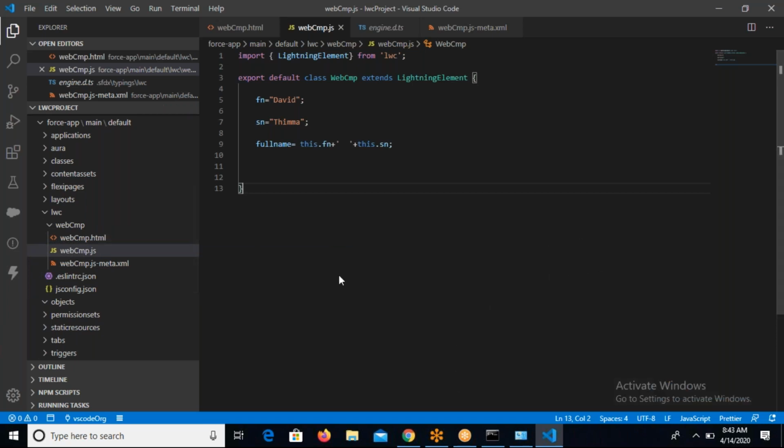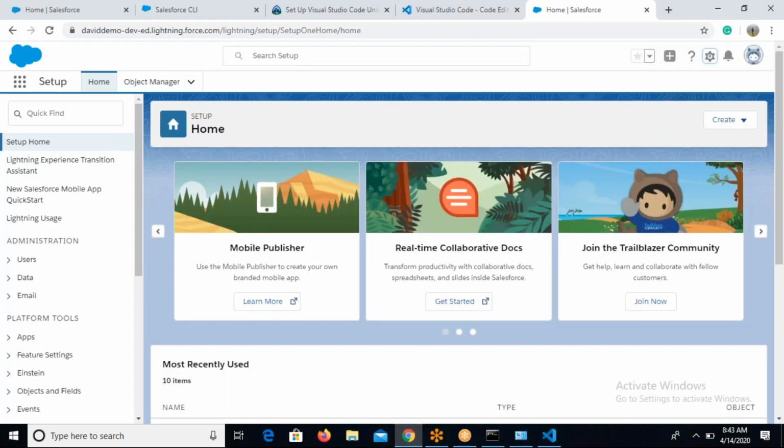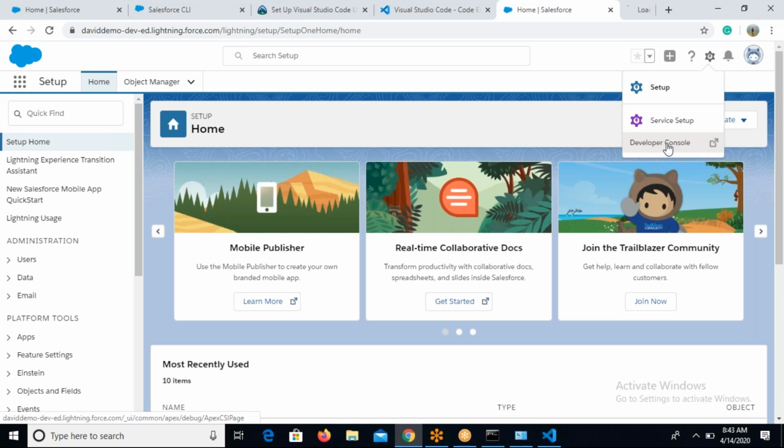So now how to use my web component, how to call my web component within Salesforce. Yes, we have created the web component. So that's great. So how to use that within Salesforce, right? So what we are doing in order to test our components, right? So until now you might be using developer console, and from here,